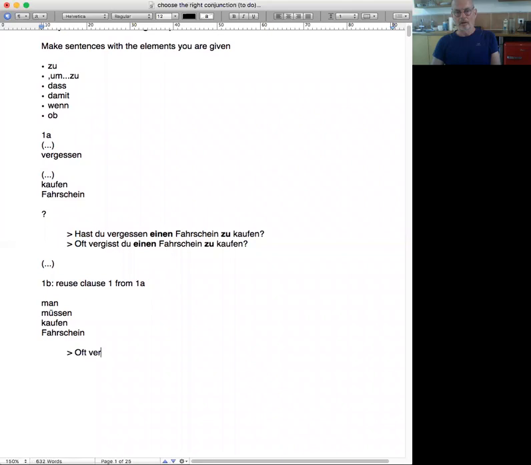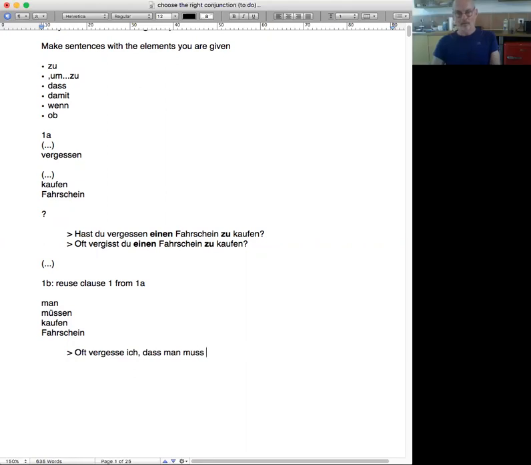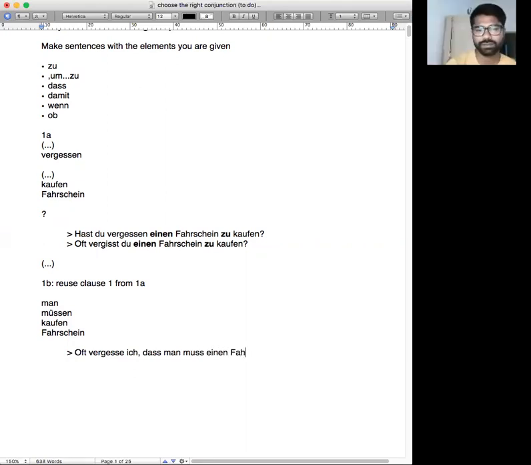Oft vergesse ich. Now you got to use this stuff. Man müssen kaufen. Okay. Oft vergesse ich, dass man muss einen Fahrschein kaufen.